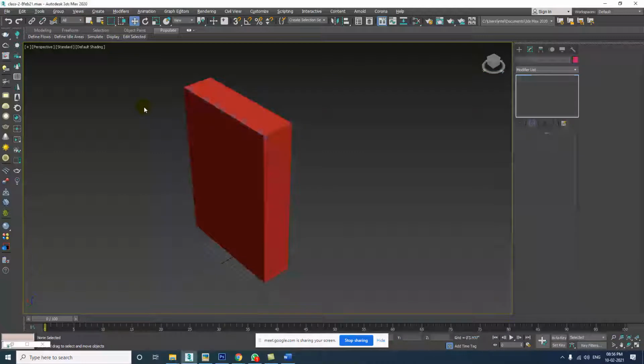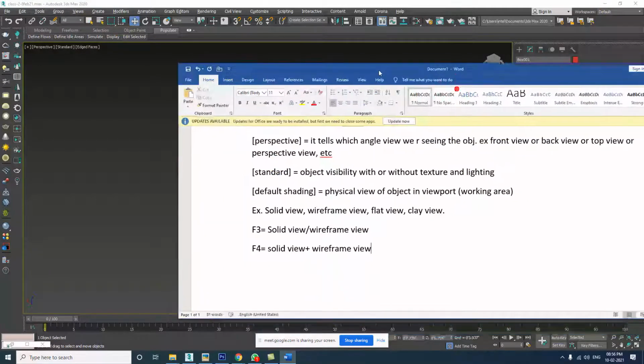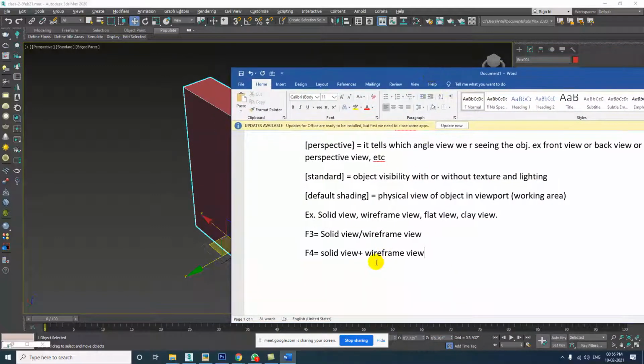F3, F4. F4 is for solid plus wireframe edges. Solid plus wireframe.